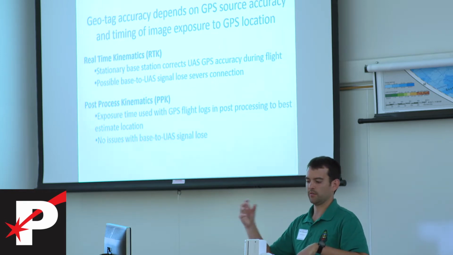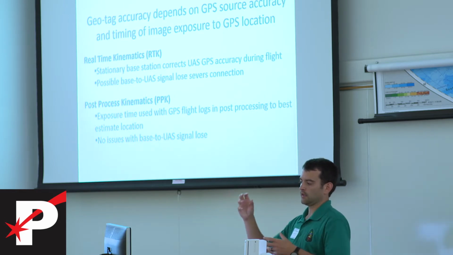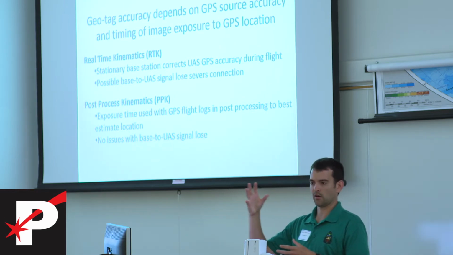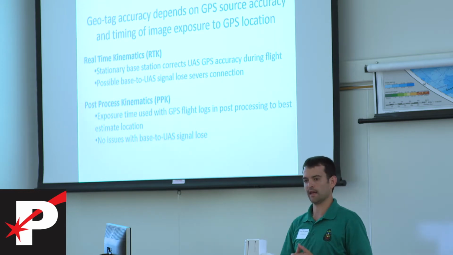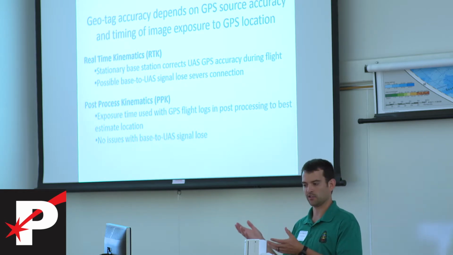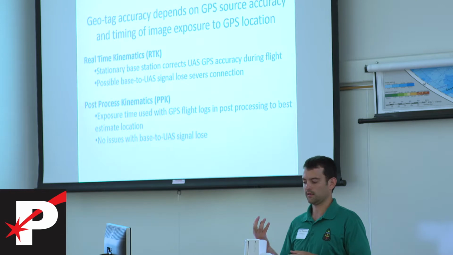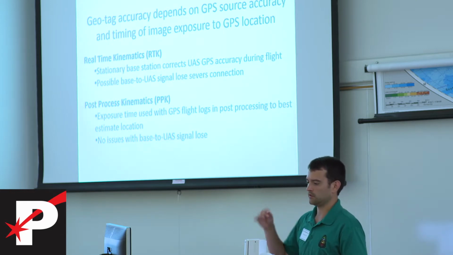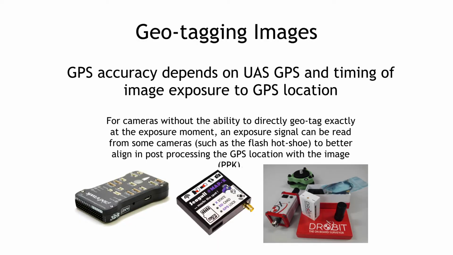And then that information, depending on your payload system, your camera company that you're using, can either use that information automatically from the drone's GPS and tag images with that as the exposure moment happens. If the camera does not support automatic emitted GPS geotagging, then you'll have to do the PPK process, which is essentially recording that log file, not necessarily using the drone one, but a lot of companies have come out with